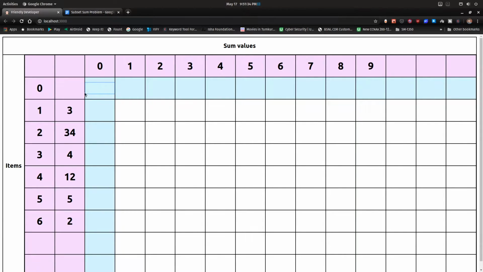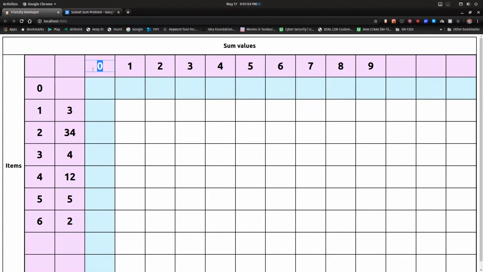Now in the first row, we are considering the sub-problem where the given set has no elements. It has 0 elements, none. In this row we go on writing the solution whether there is a subset that forms the given sum value, for every sum value that we consider.